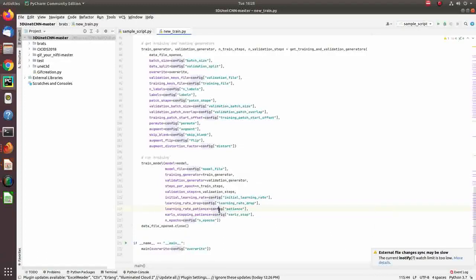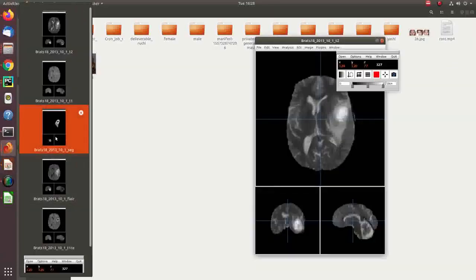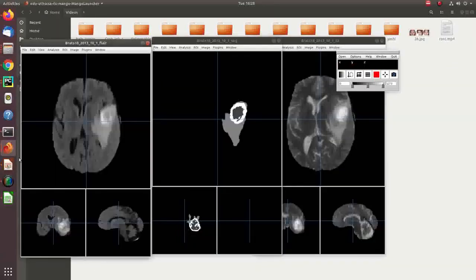I'll move toward the algorithm later on, but let me give you an overview of what sort of data I am having right now. You can get the data from BRATS competition, and then I'll tell you about each folder, what images we have, what sort of tool you can use, and then I'll show you the prediction probability and give you an overview of the algorithm as well. That's my data.